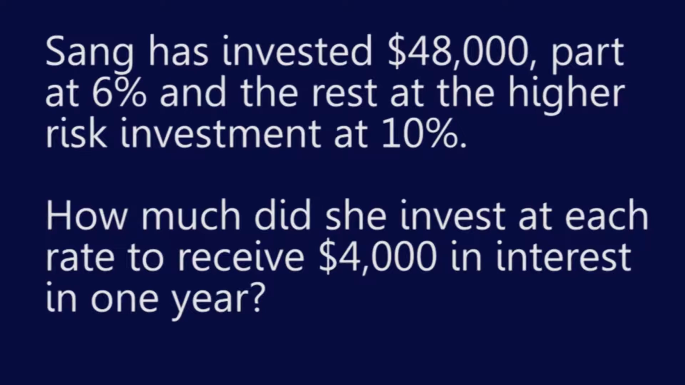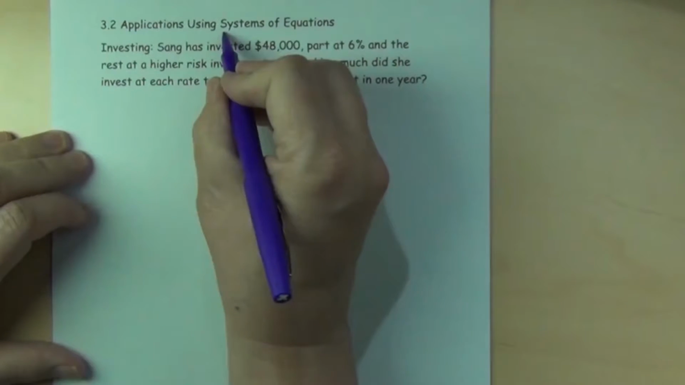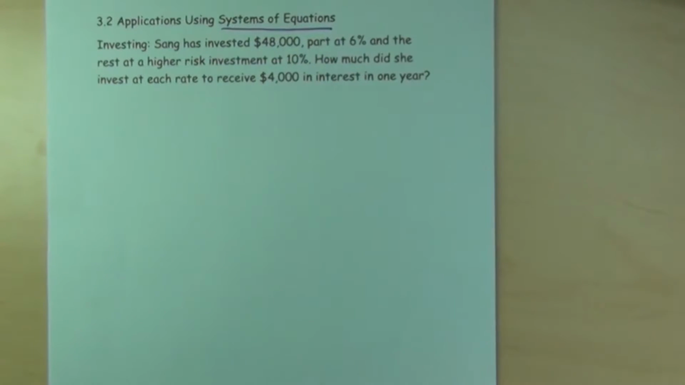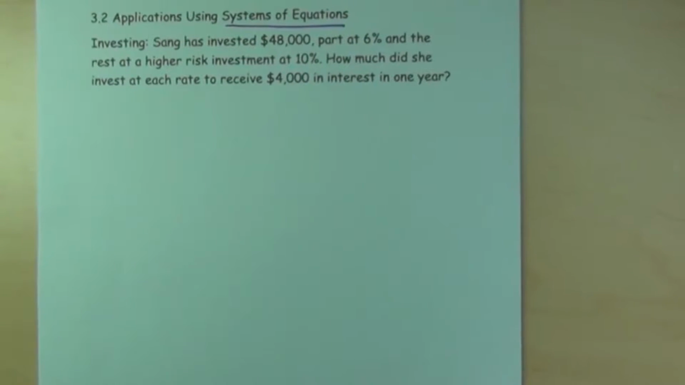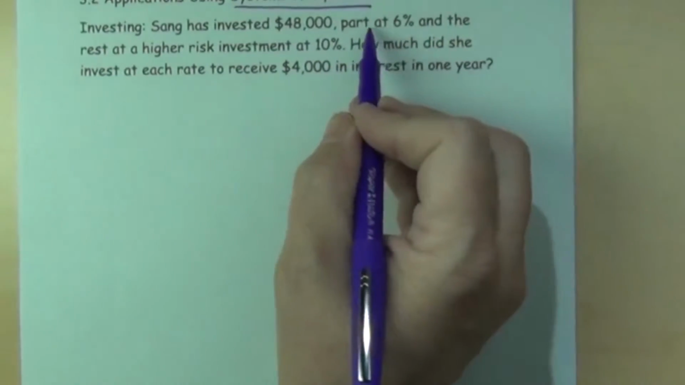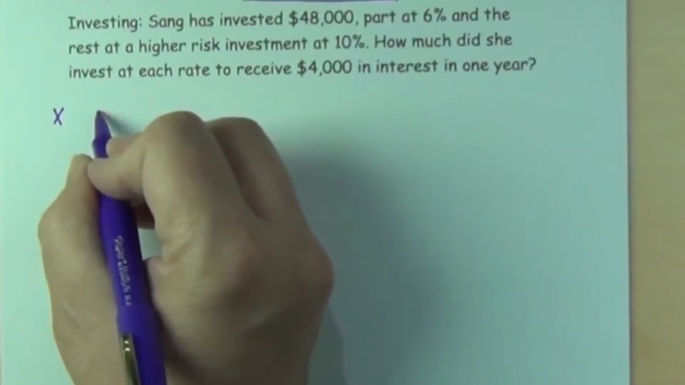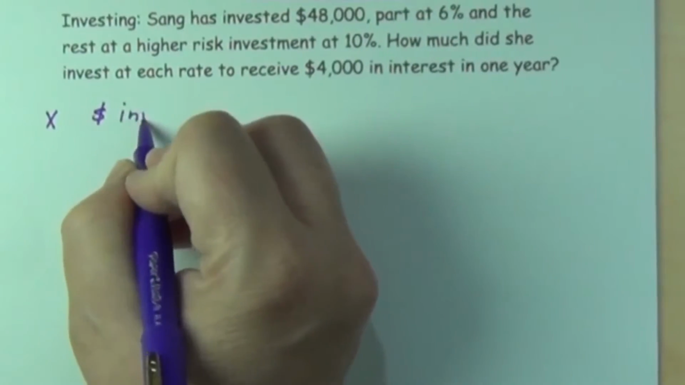You've seen a problem just like this earlier. We're going to try to work it now using a system of equations. You'll be free to do it either way, but we'll do it with a system of equations. Let's let X be the part of the money that was invested at 6%. So X is the dollars invested